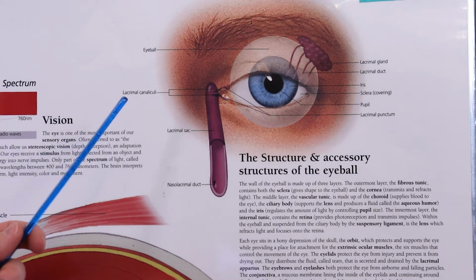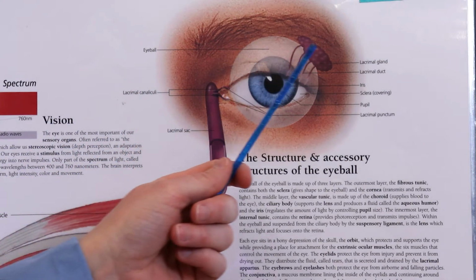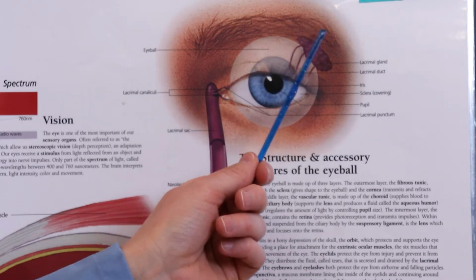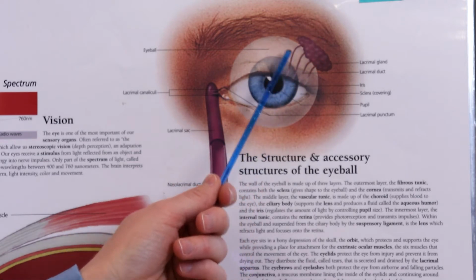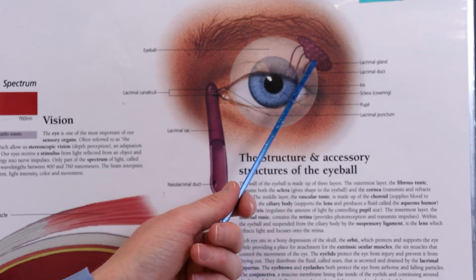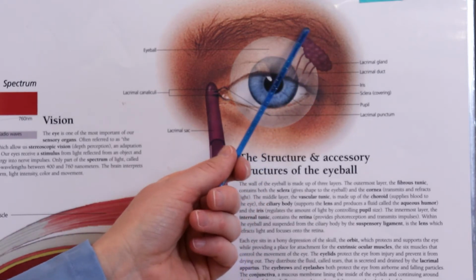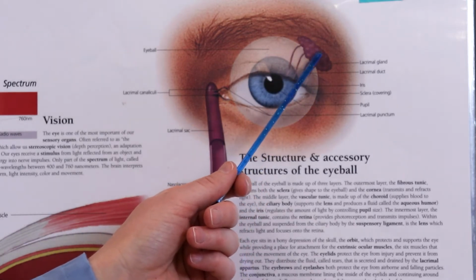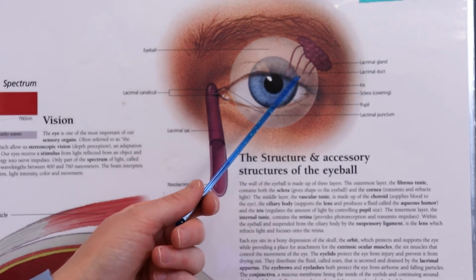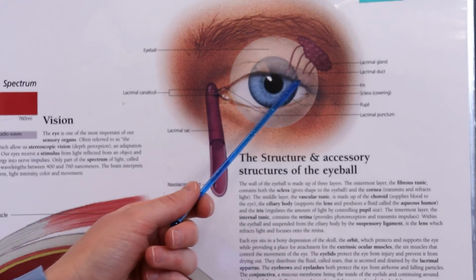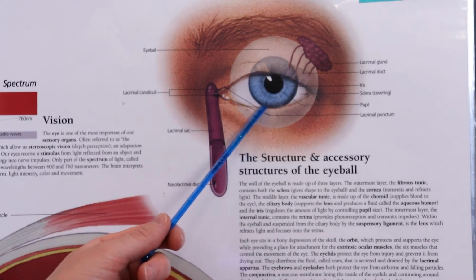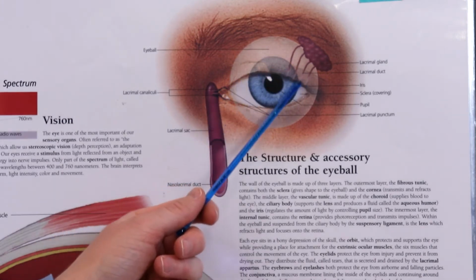Here we have another chart that shows us the lacrimal apparatus that is going to produce and remove tears. So again, here we have the lacrimal gland up here on the lateral side of the eye. So that's a great landmark if you are trying to orient yourself. The lacrimal gland is on the lateral side, and this will produce tears under the control of cranial nerve 7, the facial nerve, and those tears will wash across the surface of the eye and nourish the cornea, which is the clear covering that protects the colored part of our eye.